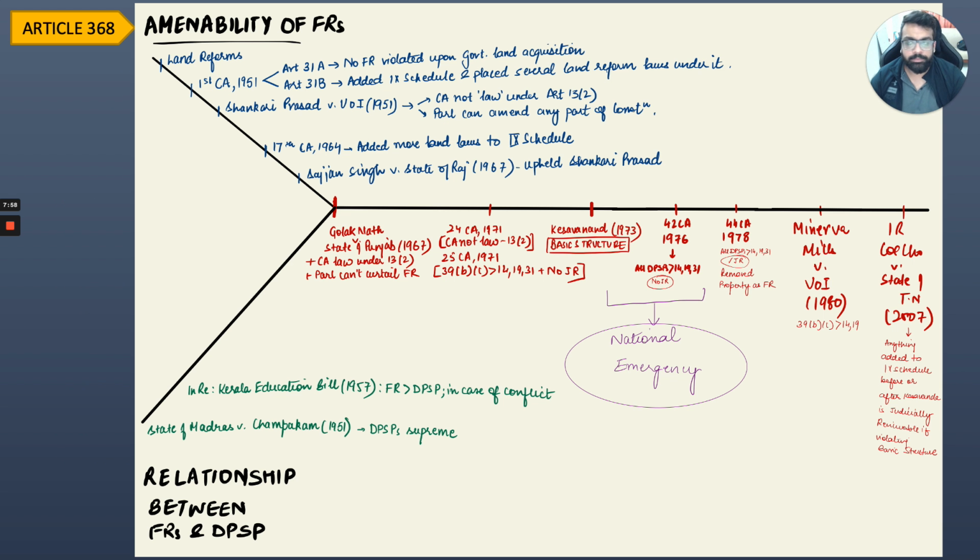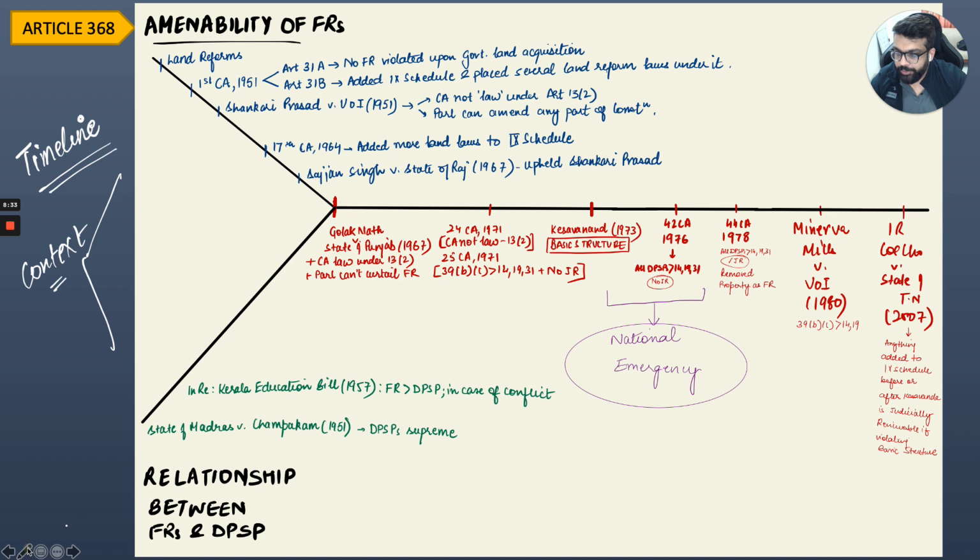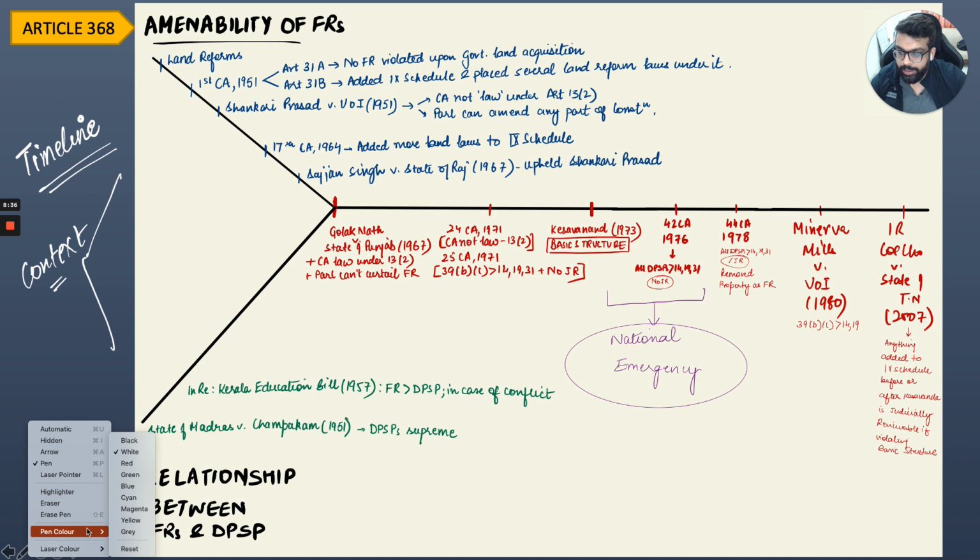Now, what I've presented here before you is essentially a timeline of events that have happened. Now, please note the earlier cases when we talk about Shankari or Sajjan, or we talk about Madras and Kerala education. These cases essentially establish context. So you need to only know the broad details of it. The game really starts to change post Golaknath. Okay, and this is essentially how I could try my level best to make it fundamentally clear to all of you. So if I have to give you a quick rundown as to how things have to be, so this is how it is, right?